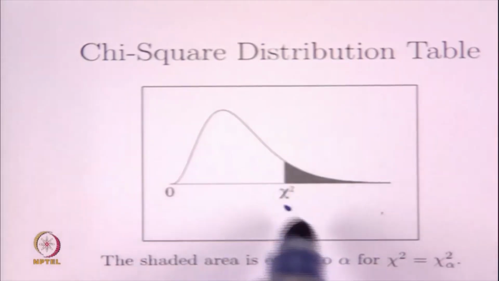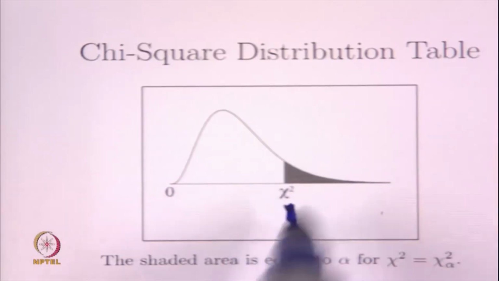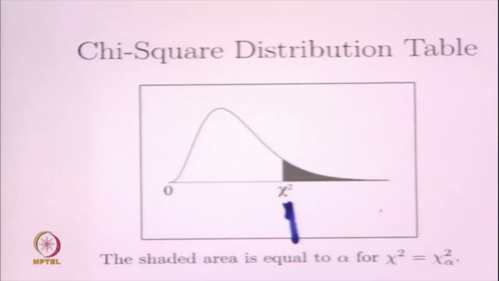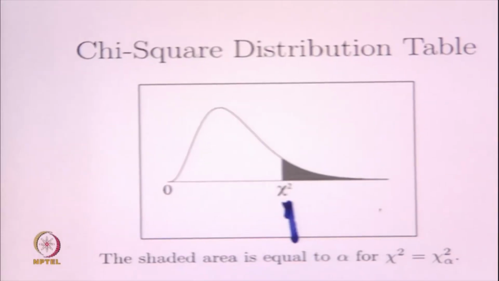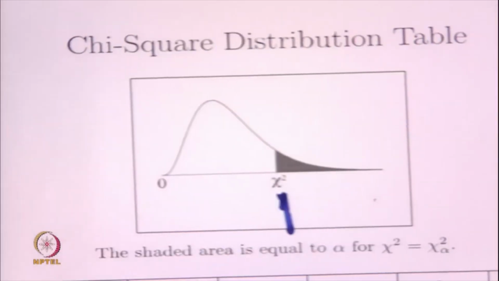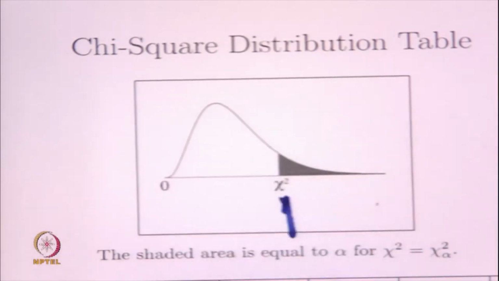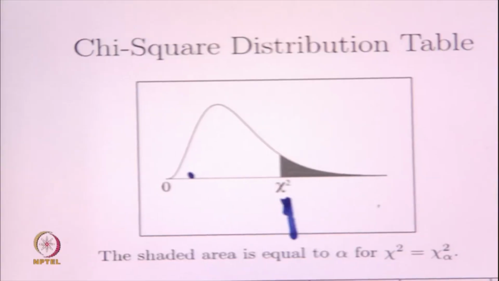That means the probability that the chi-square distribution is greater than this value is alpha, and therefore, when we are looking at a 95% confidence interval, we look at this value such that above this the probability is only 2.5%. Also, we will look at a value here such that above that the probability is 97.5%,